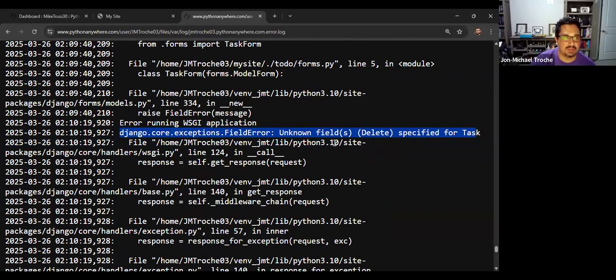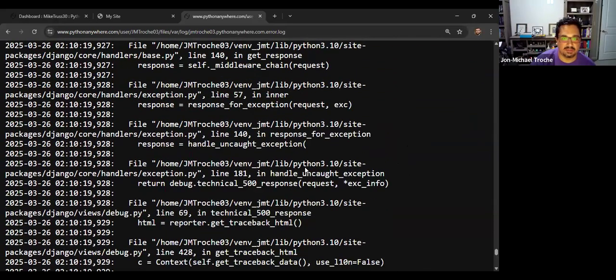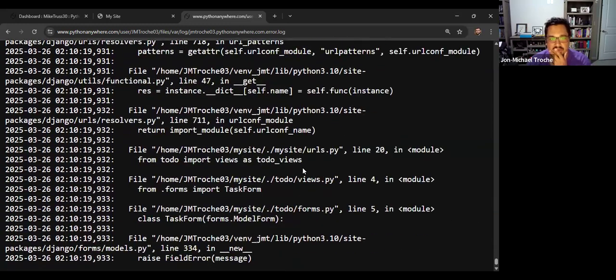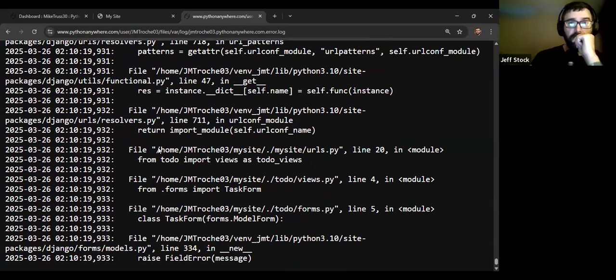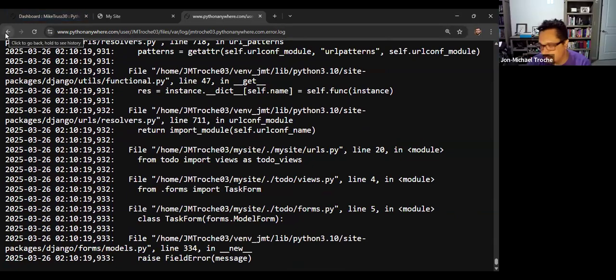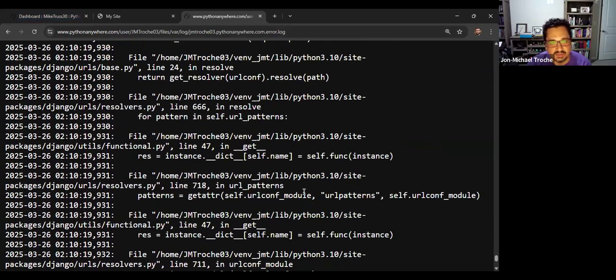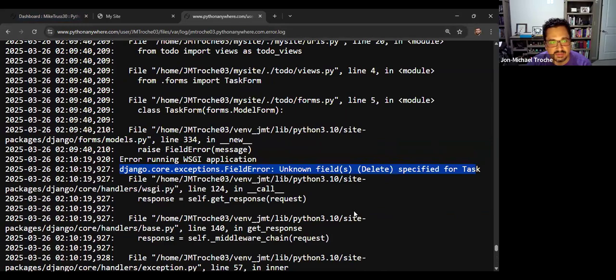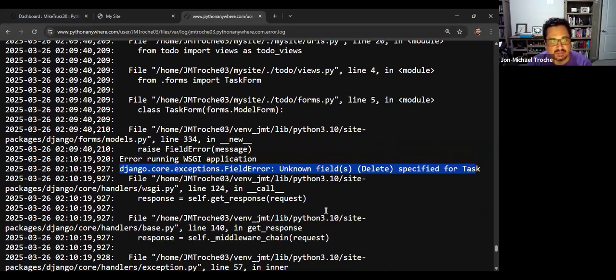I'm thinking that it's gotta be somewhere. Let's see. I know in my URLs I have errors, but it says that's because the imports are unused. Okay. And then that error right there leads me to believe that it's got to be in the